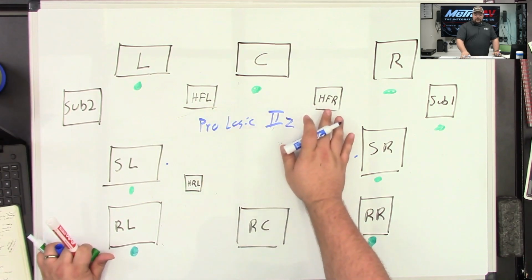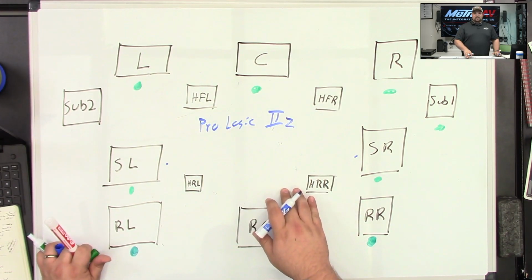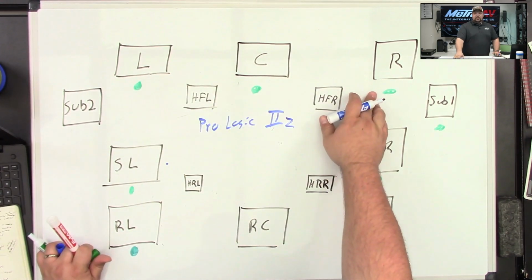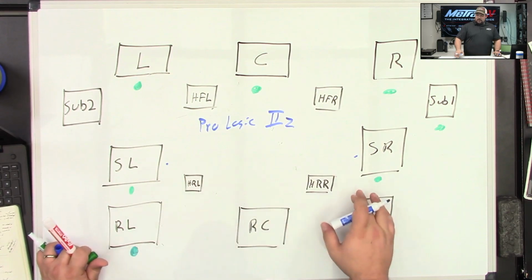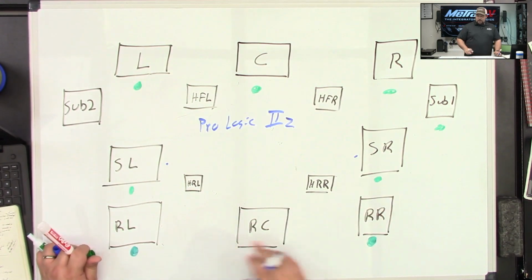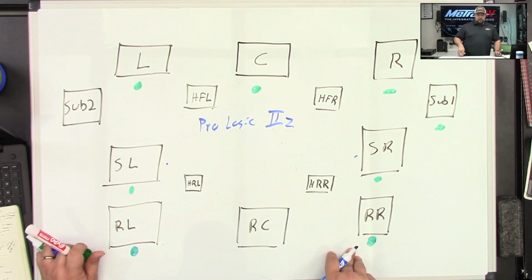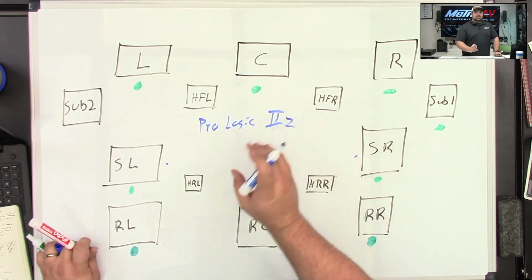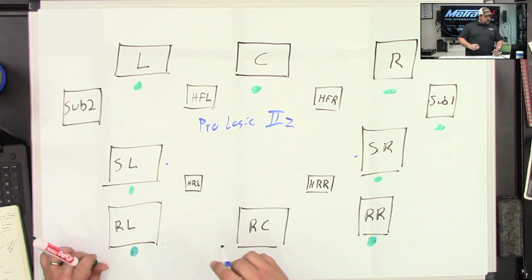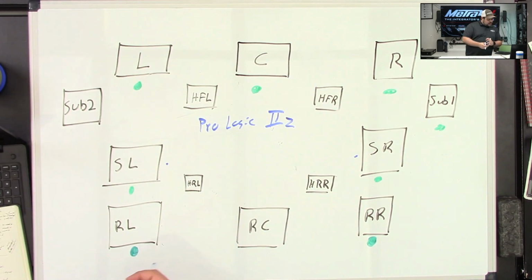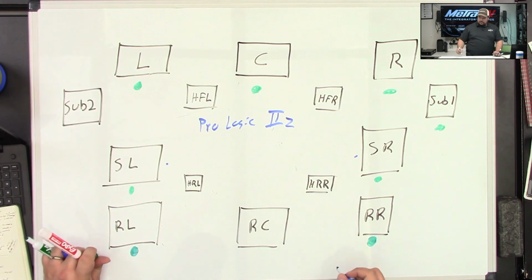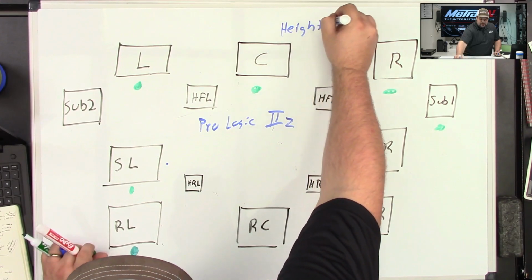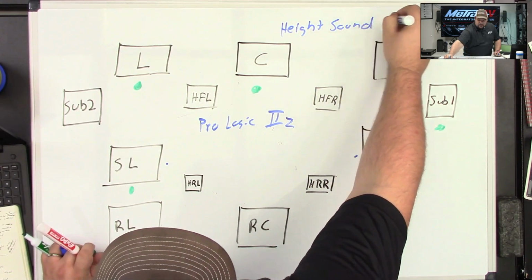So that's where these height channels come into play. The way that the height channels work is that they're basically taking the left and right channels for the front, and the left and right channels for the surround sound, and maybe the right and left rear channels. And again, they're doing kind of a summing capability for it, but they're doing a little bit more than that. So there's something that they're calling height sound cues. I'll write this down for you to look it up. So height sound cues.